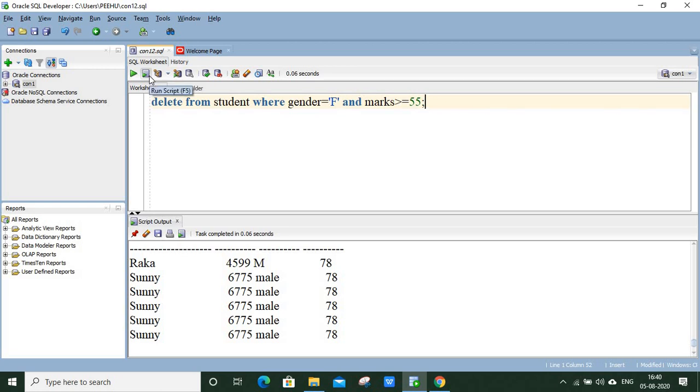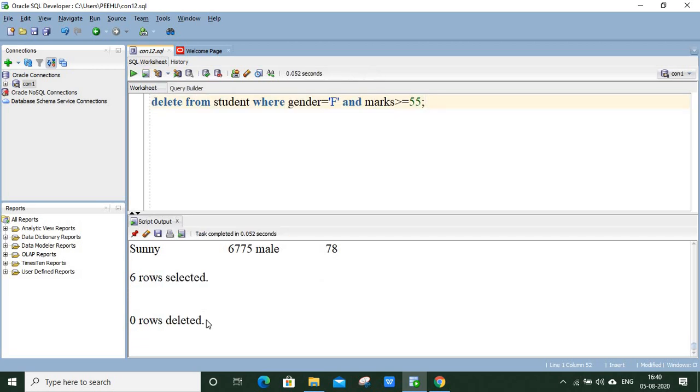Now try to delete again. Now it says 0 rows deleted, meaning there was no row present in the table where this condition could be satisfied. Okay, so similarly, when we have 2 or more conditions that can be compounded together, then we can use that many ANDs here, which can be extended to any level. You can put AND like name is equal to this, those conditions can also be applied here.